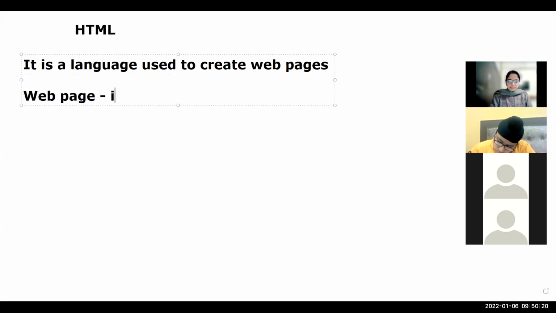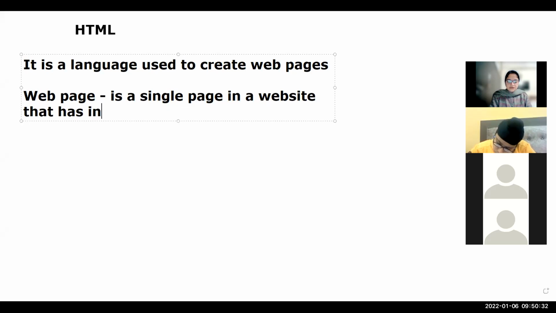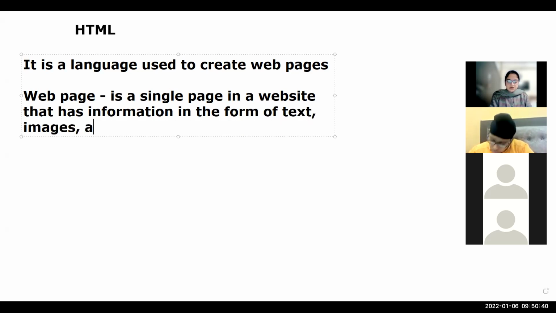Web page is a single page in a website that has information in the form of text, images, audio, or video form. You can open the videos